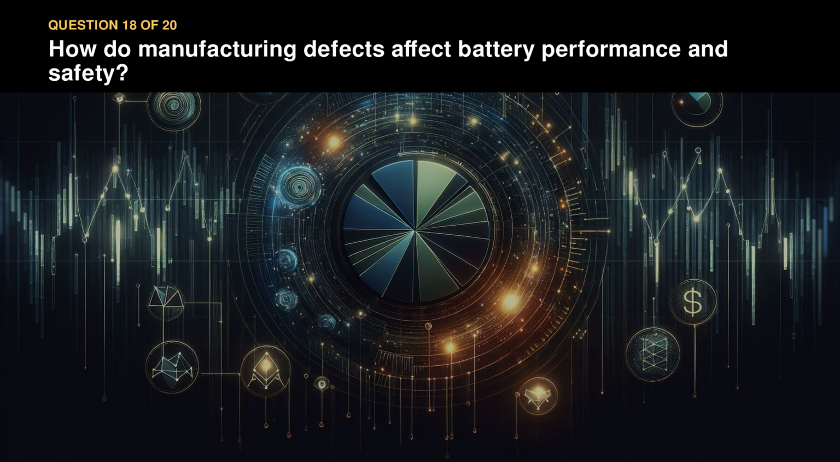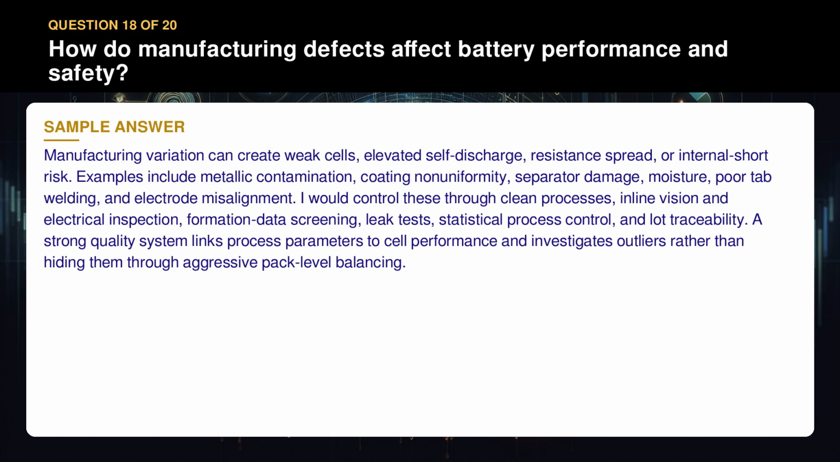Question 18. How do manufacturing defects affect battery performance and safety? Manufacturing variation can create weak cells, elevated self-discharge, resistance spread, or internal short risk. Examples include metallic contamination, coating non-uniformity, separator damage, moisture, poor tab welding, and electrode misalignment. I would control these through clean processes, inline vision and electrical inspection, formation data screening, leak tests, statistical process control, and lot traceability. A strong quality system links process parameters to cell performance and investigates outliers rather than hiding them